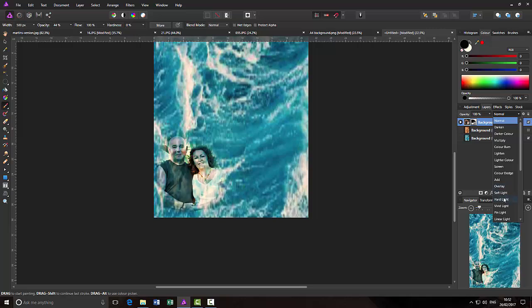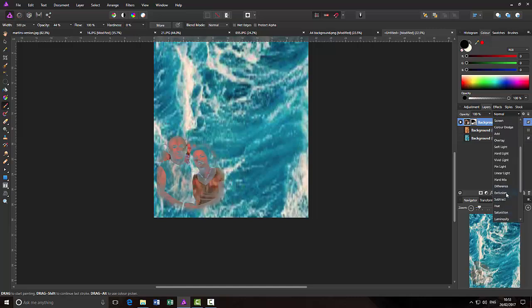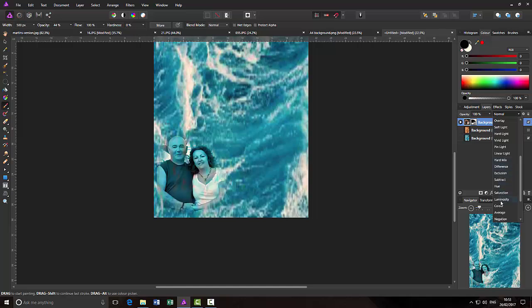I mean, hard light is not too bad, but the background is showing through. But like I said, there are a lot more blending modes in Affinity Photo than there ever were in PhotoPlus. Now, considering that luminosity gives you that blue image, I'm guessing this might have been the blending mode that Martin used when he made his original. But what I'll do is I will leave it on normal,